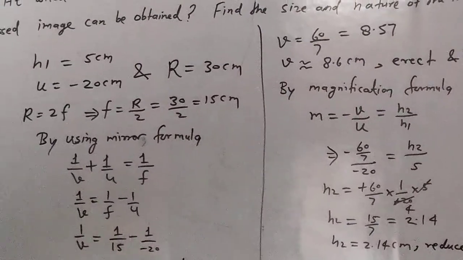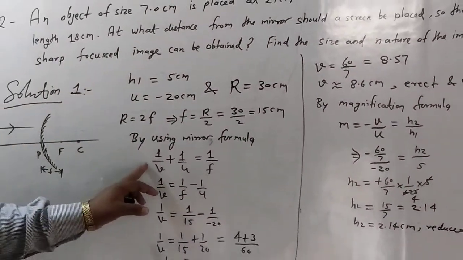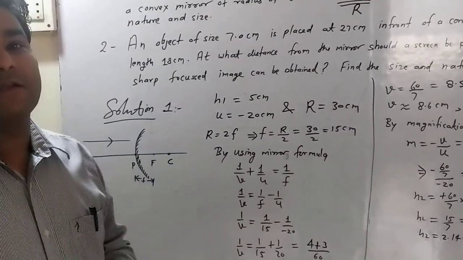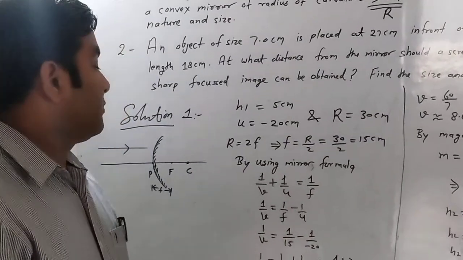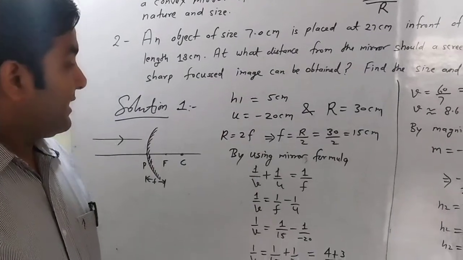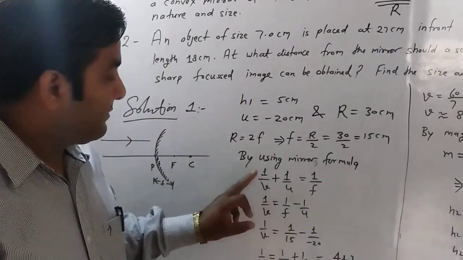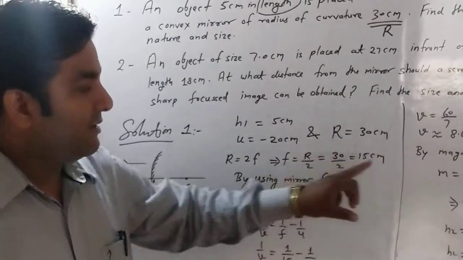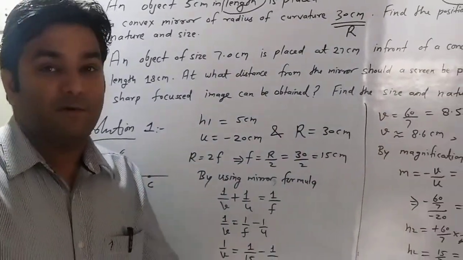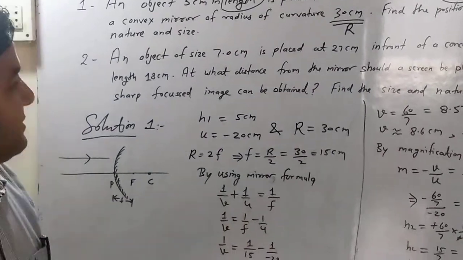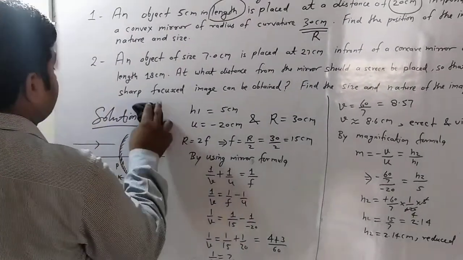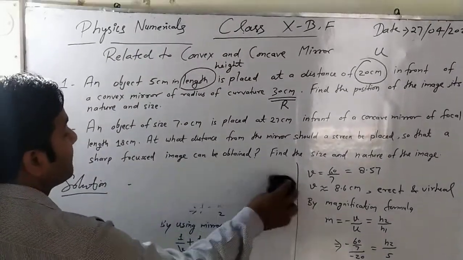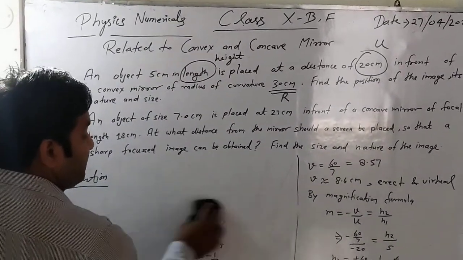Very simple. I just remind all the terms related to either image formation cases or rules for image formation, and along with formula, either mirror formula or radius of curvature and focal length relationship or magnification formula, you can solve any numericals. Just after solving this first, we will solve the second. And the second is based on a concave mirror. Same as a very simple concept.